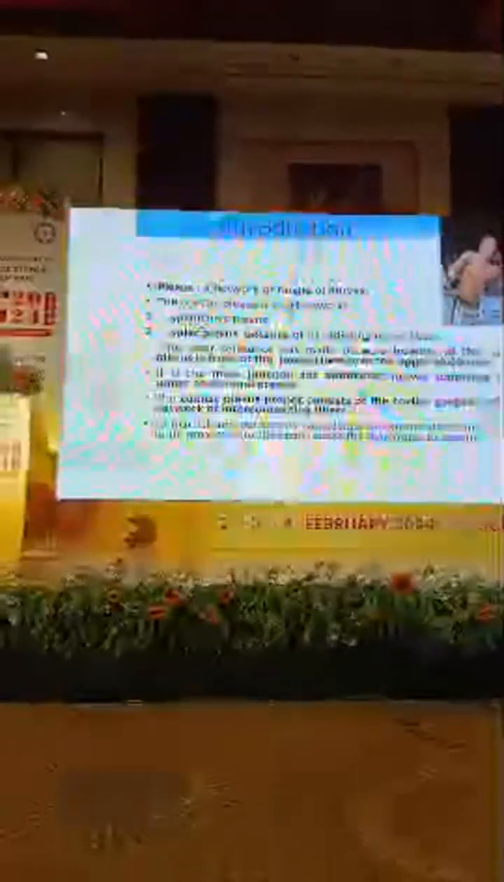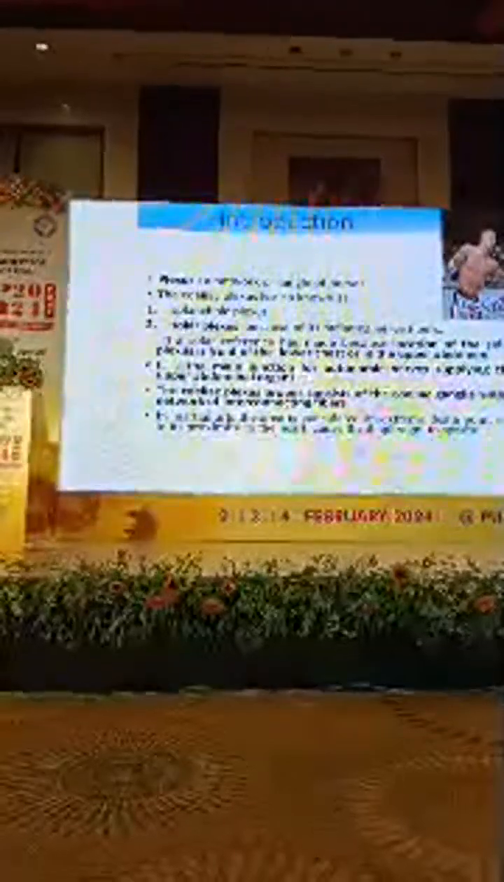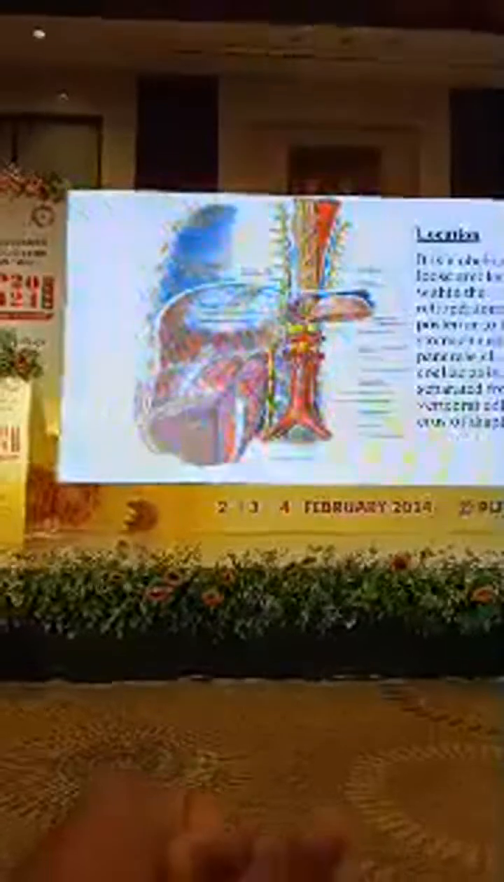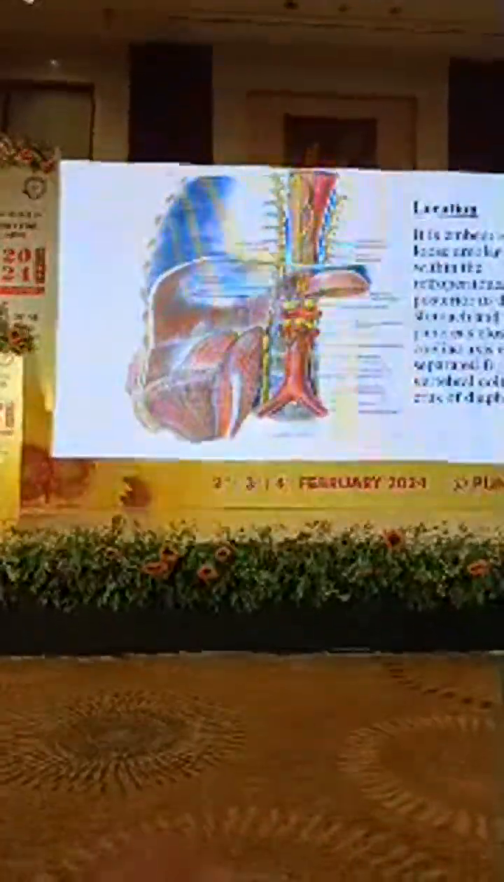Abdomen, or in the upper abdomen in the midline. The main junction of the autonomic nerve supplying the upper abdominal organs. So the solar plexus proper, it consists of the celiac ganglia and the network of its interconnecting fibers. It is embedded in the loose areolar tissue within the retroperitoneal space, posterior to the stomach